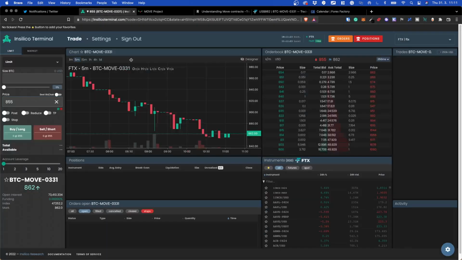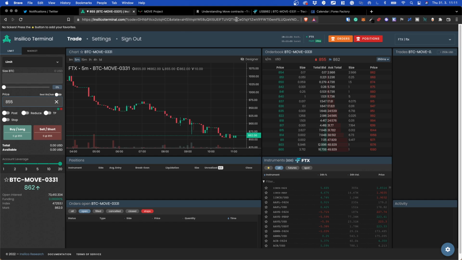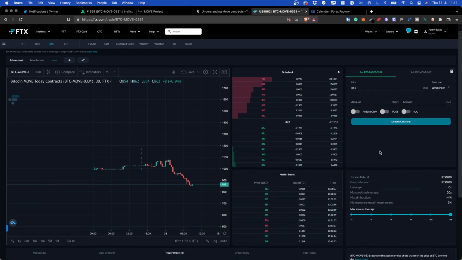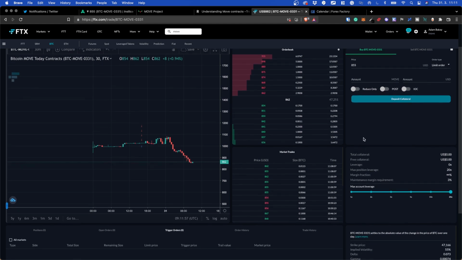Now, when it comes to the execution, you want to be using something like the In Silico terminal, which is free for FTX, and it depends on the size you are trading. First of all, you need to take a look at the order book. You need to have an efficient counterparty for the things that you do. Obviously, you don't want to get too big of a slippage. I would say that at any point you cross 1 BTC in size, which is actually a fairly small size, just a couple $1,000s in your account,